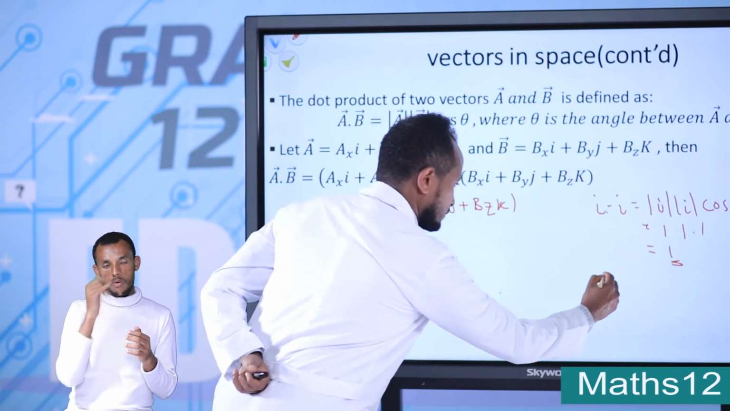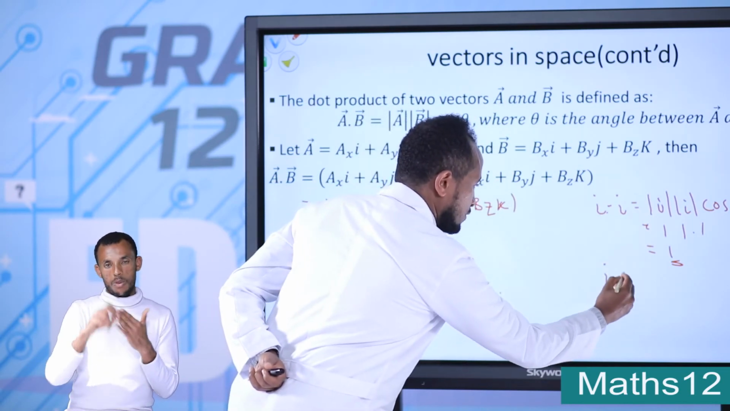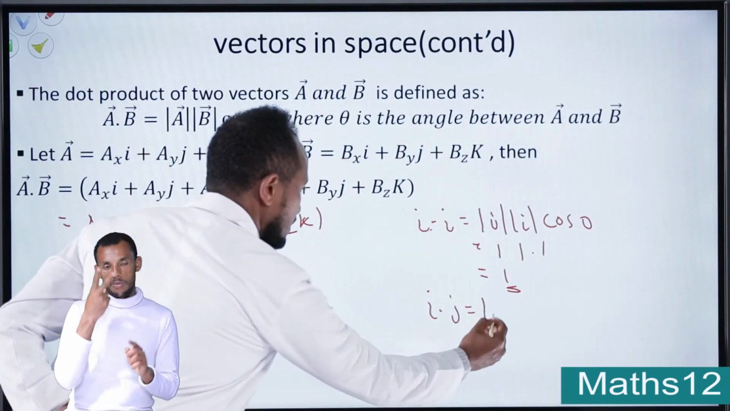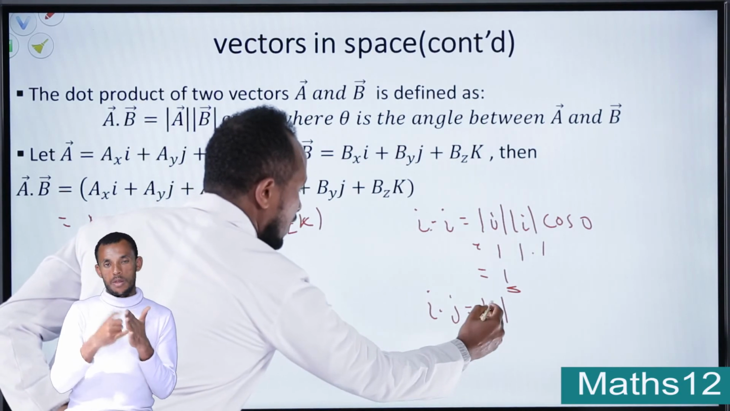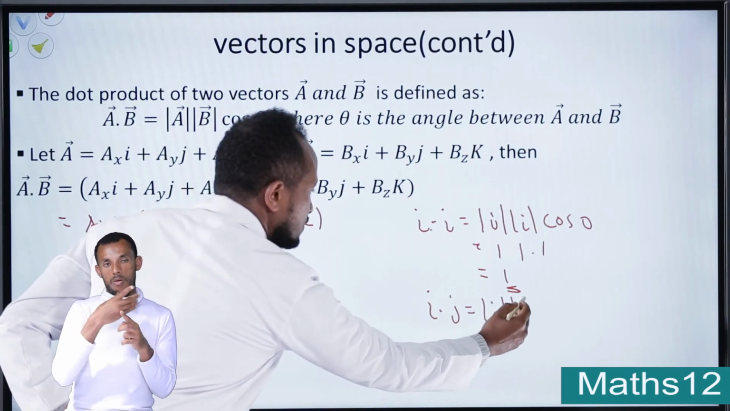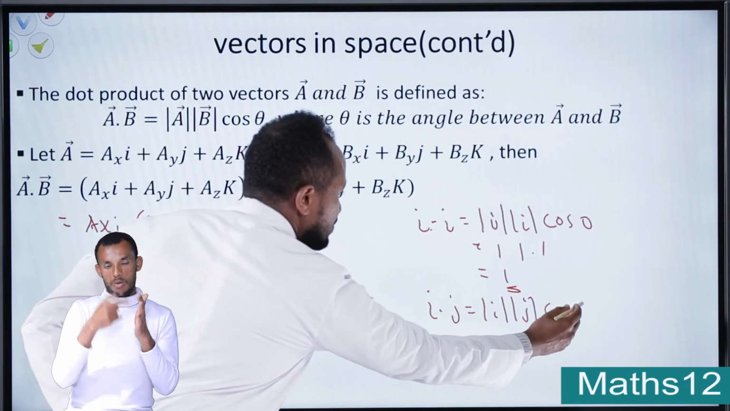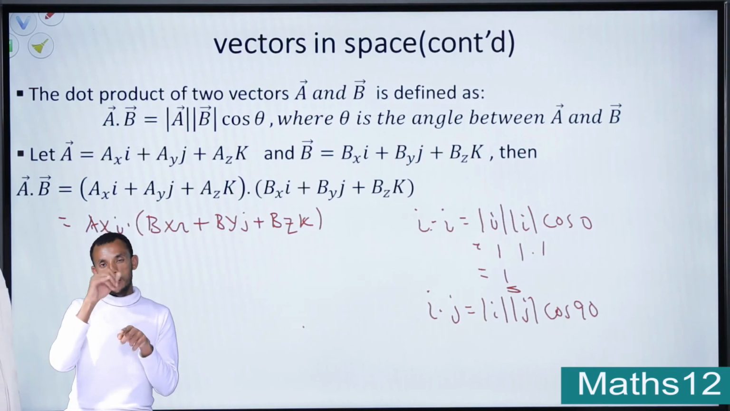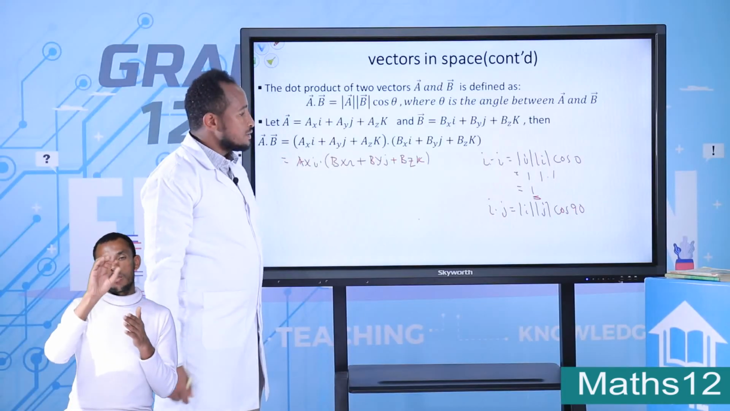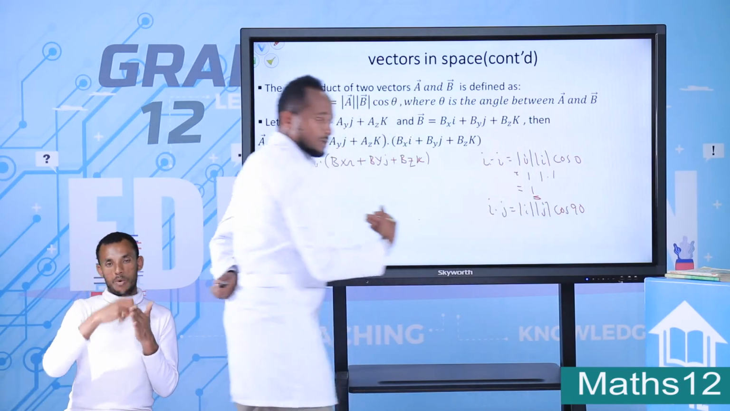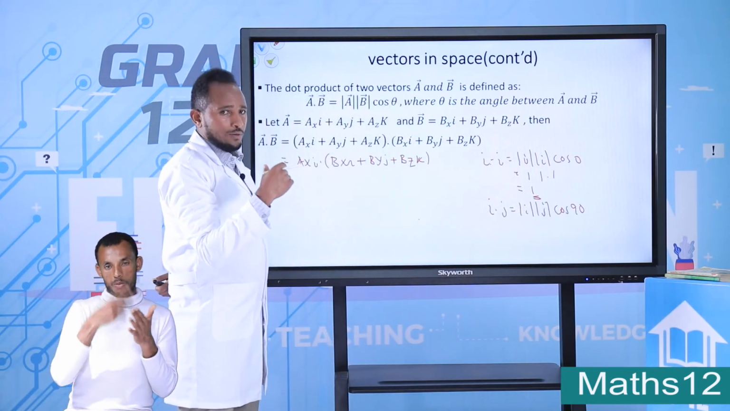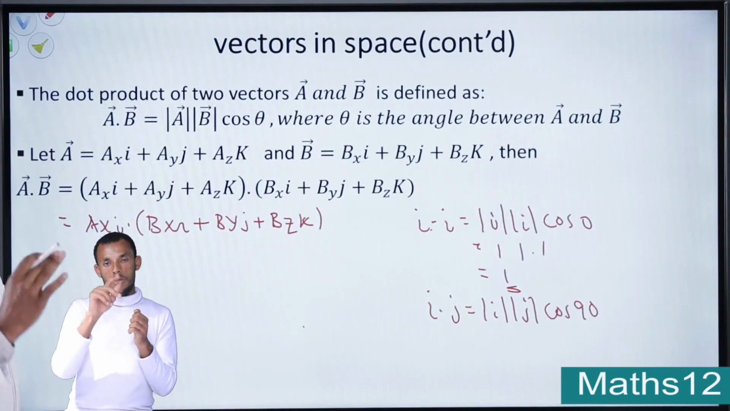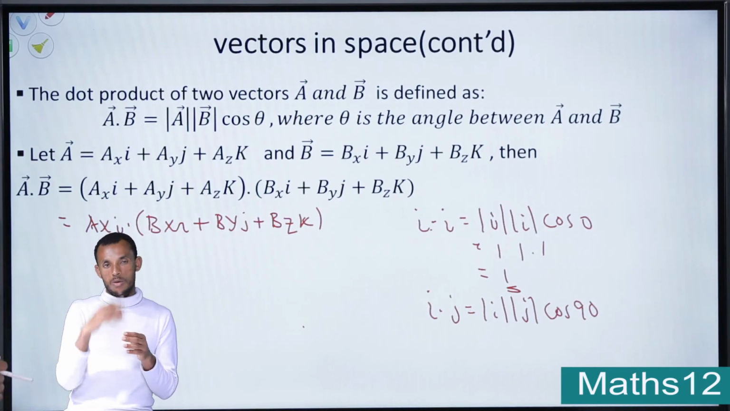If you take the dot product of I dot J, when you apply the dot product, it's magnitude of I times magnitude of J times cosine of the angle between the two, which is 90 degrees. They are perpendicular. I, J, K are mutually perpendicular. So it is 90, cos 90 is 0. So this product will be 0. Therefore, the dot product of I with J, I with K, J with K, and so on is 0. So using this fact,